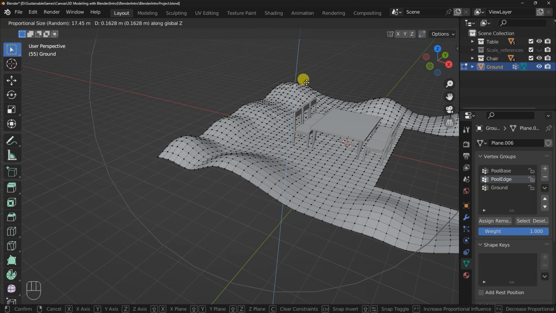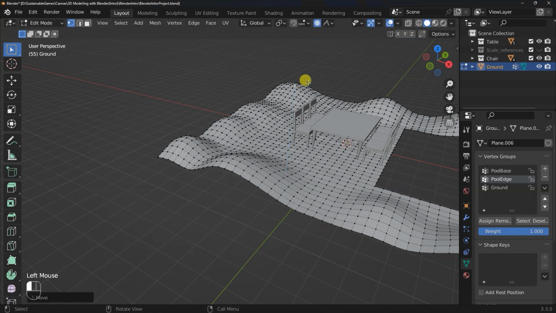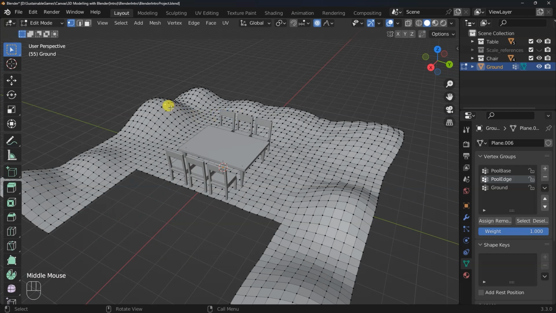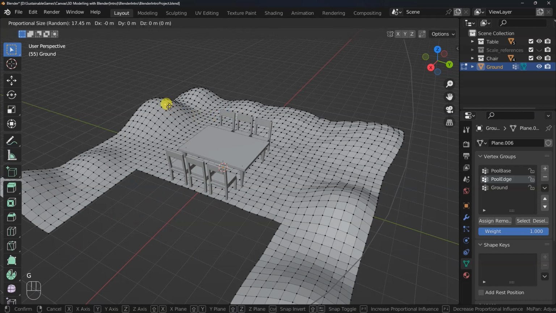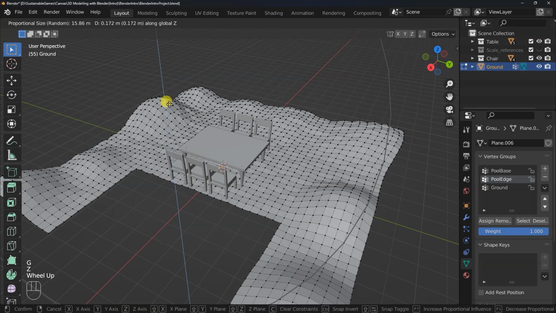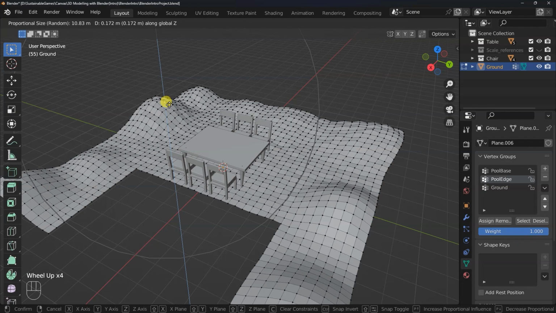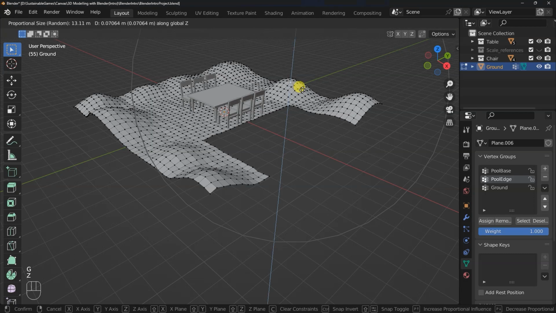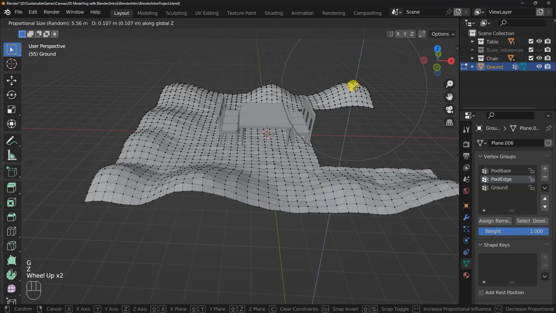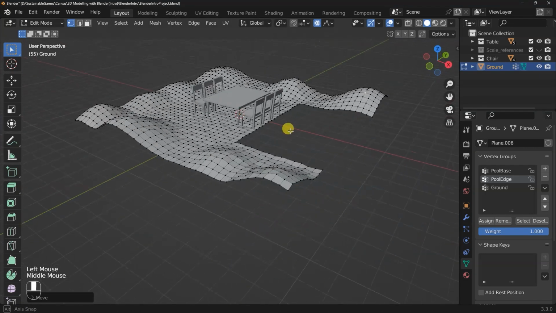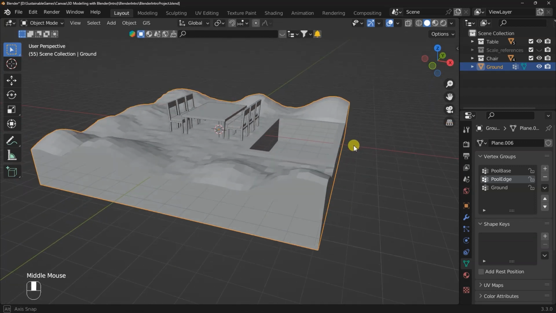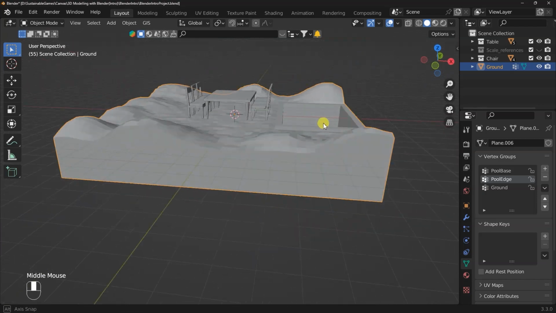be so sharp, so I will just move it up a bit, and this is what we'll just do for this area. So let's do that again. G, Z, let's scroll in a bit. Good. And if you tab out of edit mode and you look around, you see that it has this nice